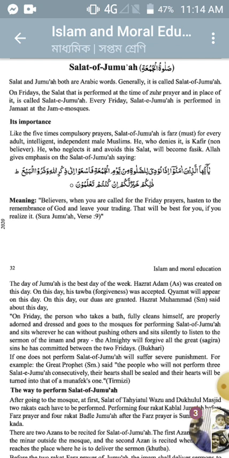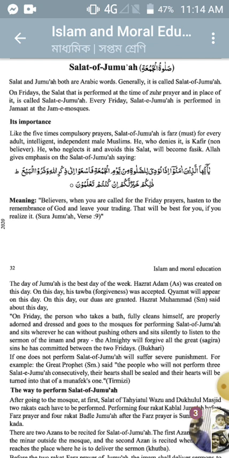The day of Juma is the best day of the week. Hazrat Adam, peace be upon him, was created on this day. On this day, his tawbah, that means forgiveness, was accepted by Allah. Qiyamah will appear on this day. On this day, our du'as are granted by Allah. Hazrat Muhammad said about this day: